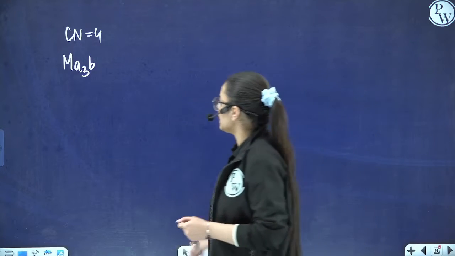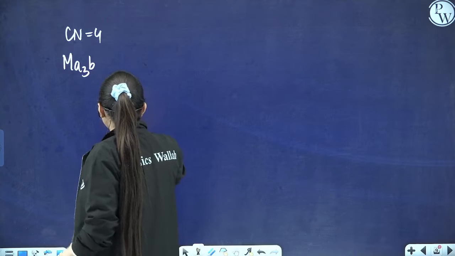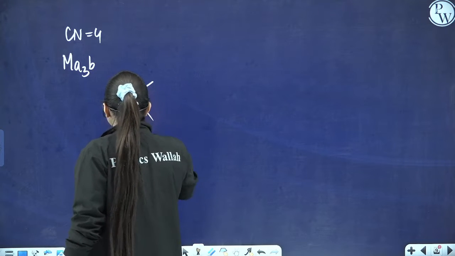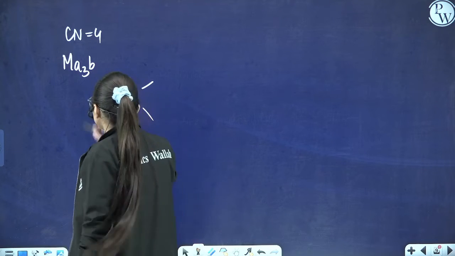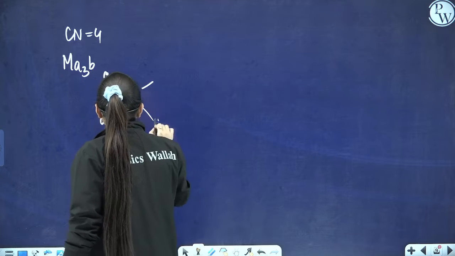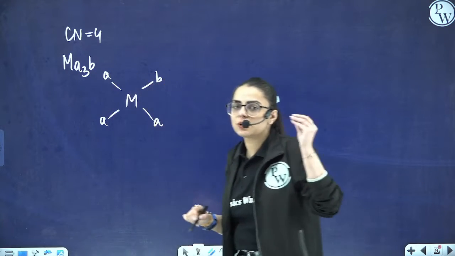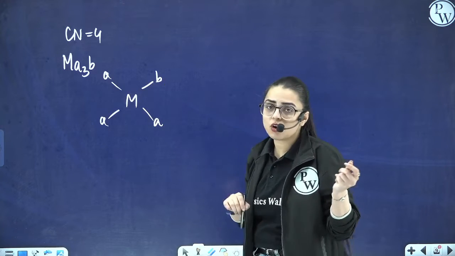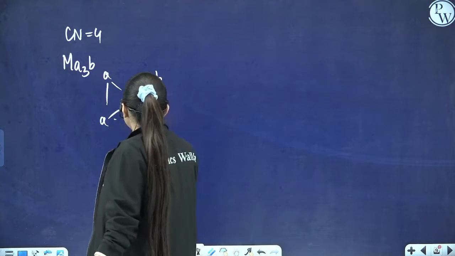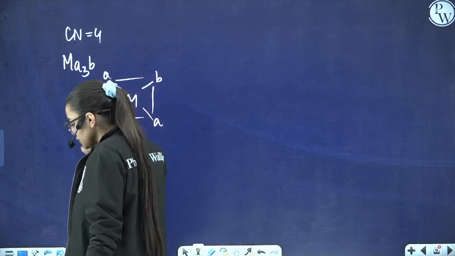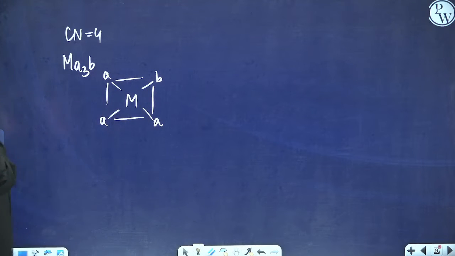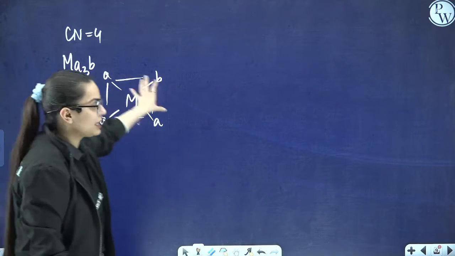See how you will make it. You will make it like this. If it is a central metal atom, the ligands shall be present over there in such a way that there are 3A and 1B. Will they have any kind of geometrical isomer or not? Just draw one more structure, replace their positions, and let me know, can you obtain a geometrical isomer of this or not?